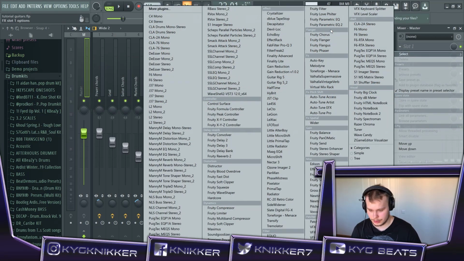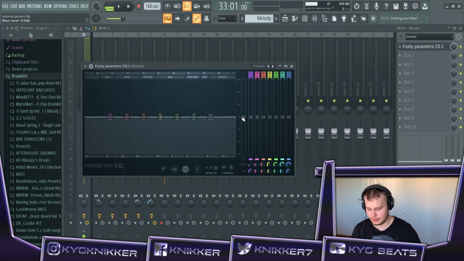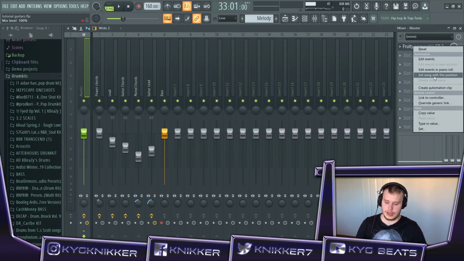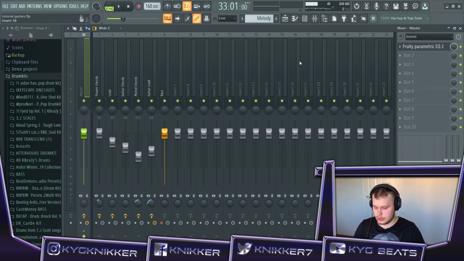It's a very simple trick, but it adds way more than you would think it will. So just take the gain up to 1.2 decibels and create an automation clip,